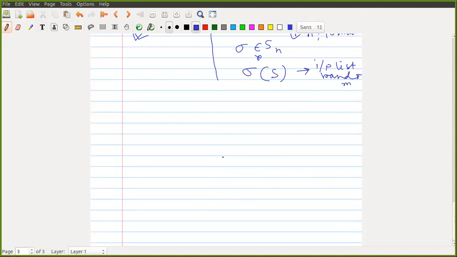Okay, so at every step, even at the first step, we choose a pivot randomly, and then based on that pivot x, we break the list into two parts, S1 and S2, and then again we quicksort S1, and for that we also randomly pick a pivot. So this goes in a recursive way, right?